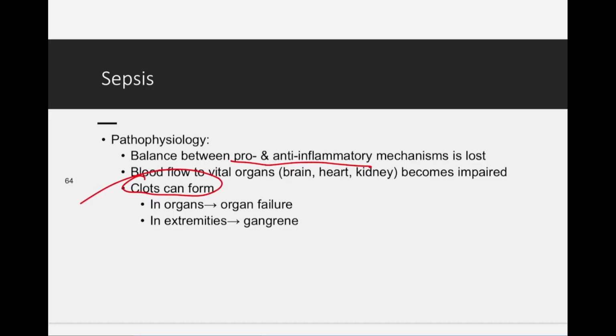So with some patients with sepsis, they start throwing all these clots everywhere. And you'll start seeing little bits of gangrene pop up in their body. You see little black dots forming. That's not really gangrene per se, but it can be in a bigger area because they're throwing all these little clots. All these tiny clots get into those small microvessels, and they block the blood flow past all that, and you get little black dots everywhere. In the organs, if a clot goes into an organ, you get organ failure because there's no blood supply. It's going to die off.